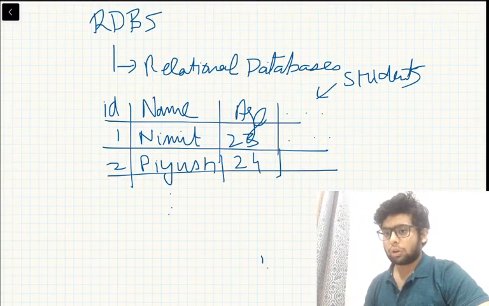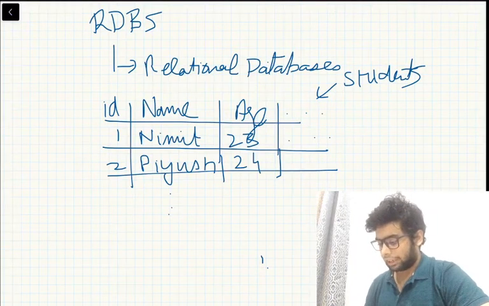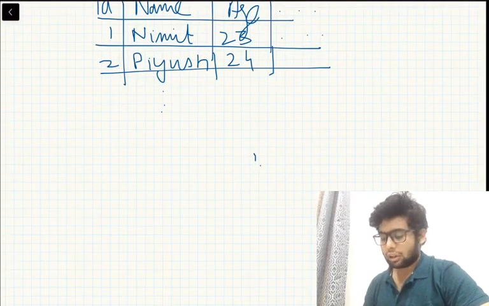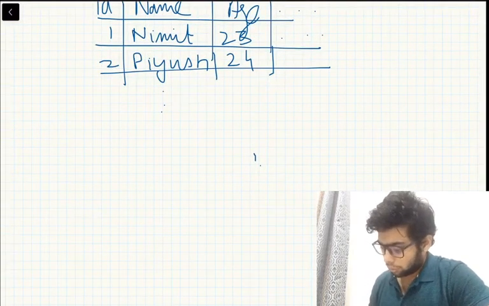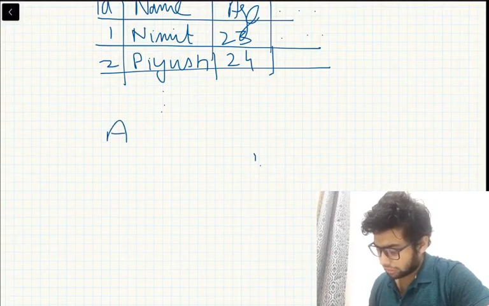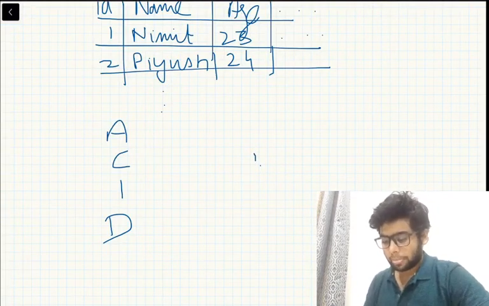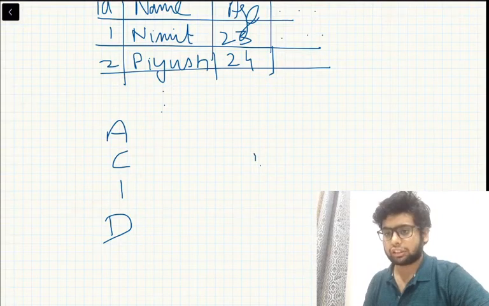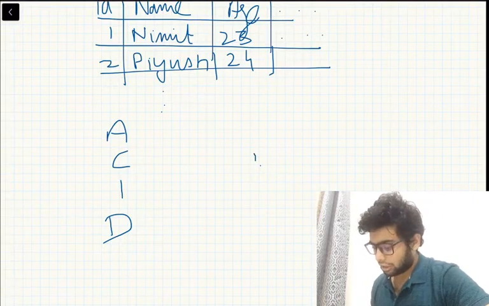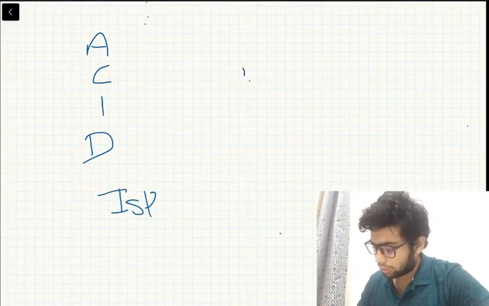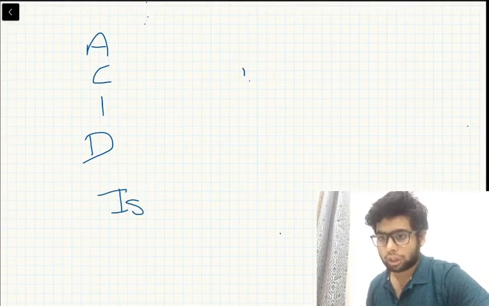So now there are some guarantees that a relational database gives to us. Those are called ACID. What ACID gives us are some transactional guarantees. By transaction, what I mean is that a transaction is a sequence of instructions that is given to a database. So let's say we insert something into our database. We write a statement to insert a row in our database.